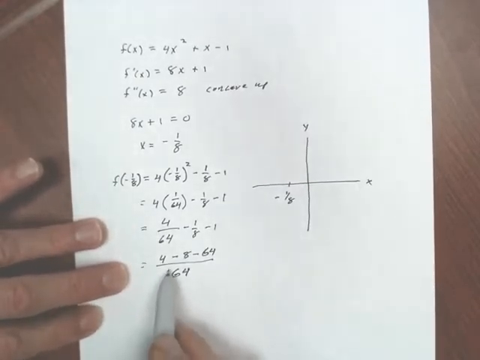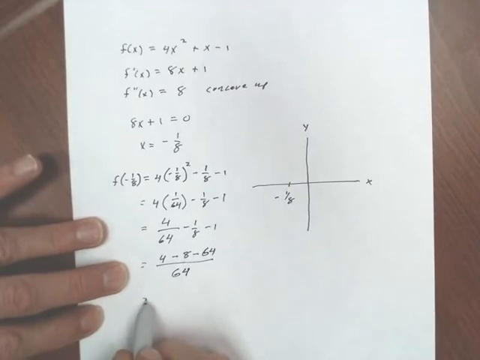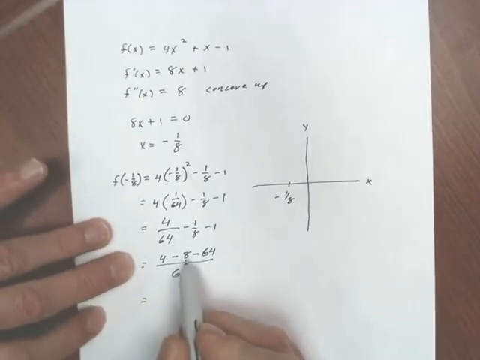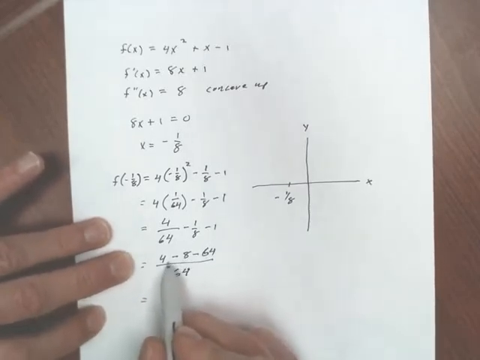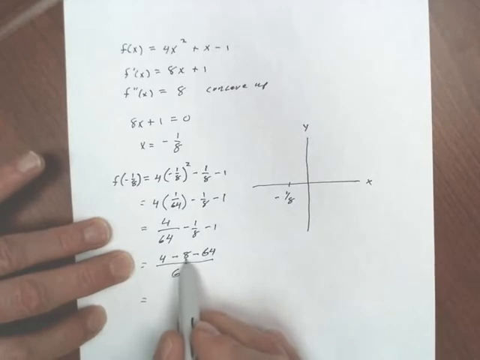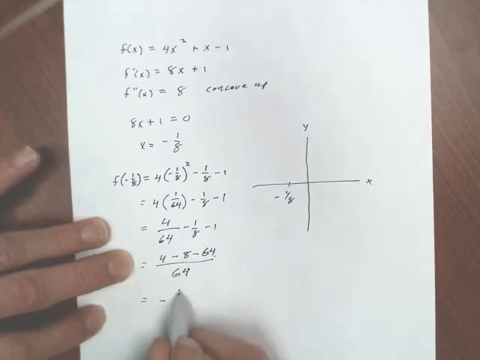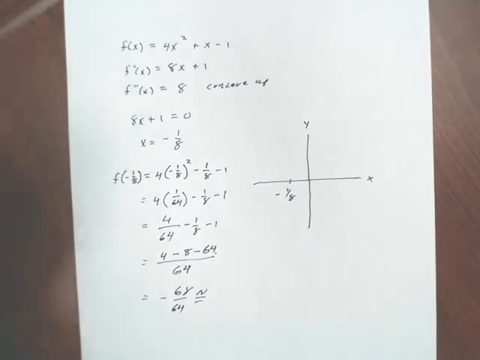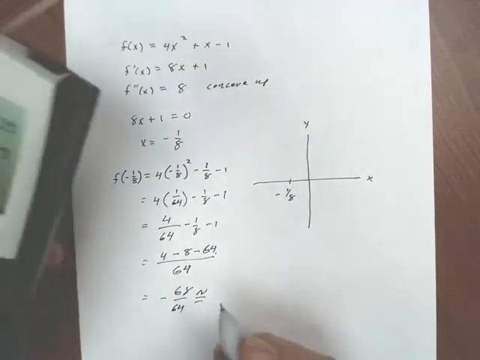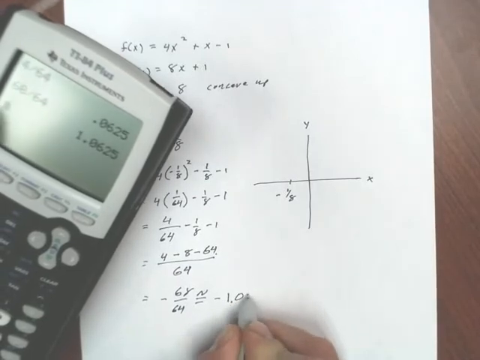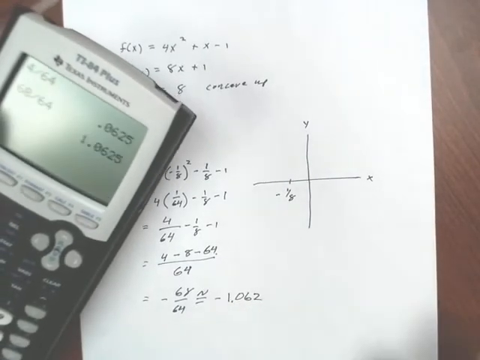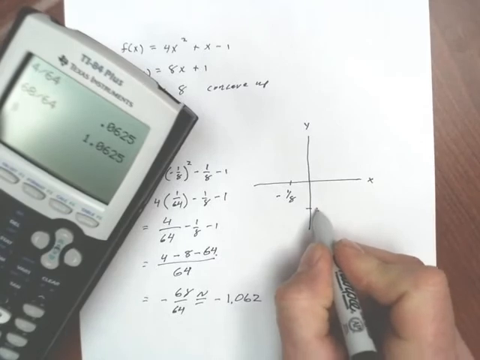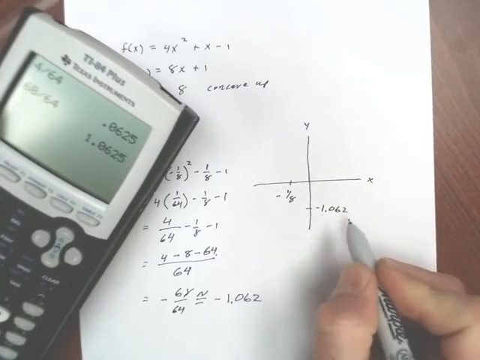So that gives us 4 minus 8 is negative 4 minus 64 is negative 68/64. And this is approximately negative 1.062. Okay, so somewhere down here, negative 1.062,